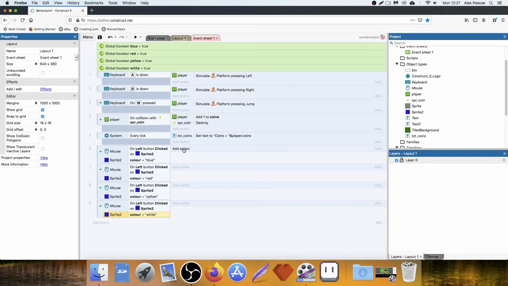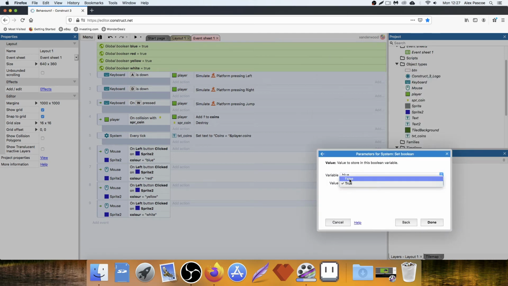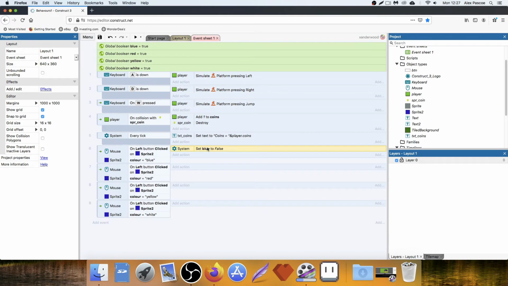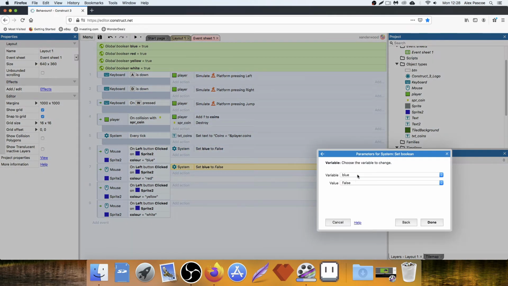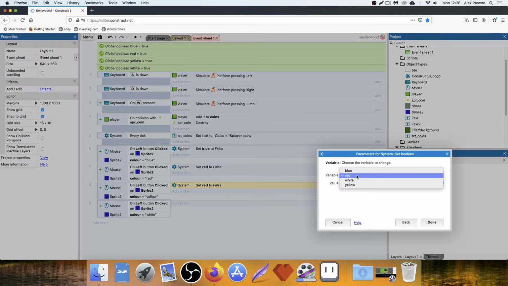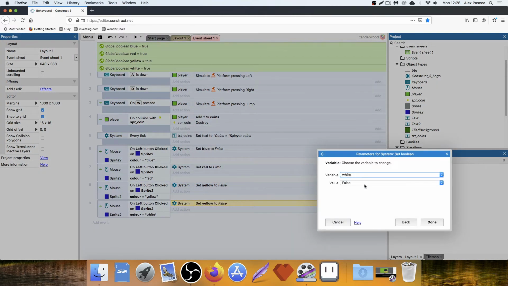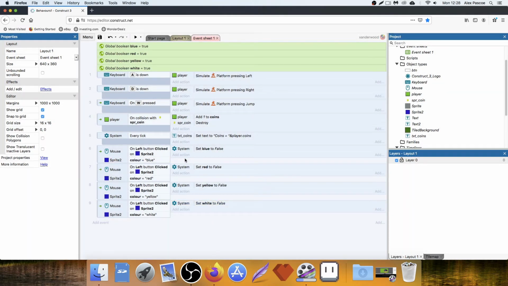If we click on the blue sprite, the first thing we want to do is unlock the color. So we're going to go system, no, not toggle, set boolean of blue to false, so it's not locked anymore. And then we're going to do the same thing with red, and yellow, and white. Okay, so now when we click on the sprite, if it's blue, we're going to set it to false, but